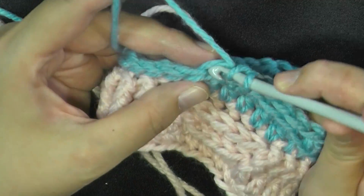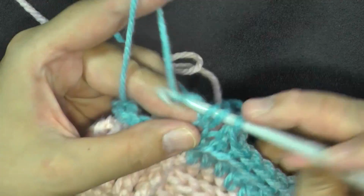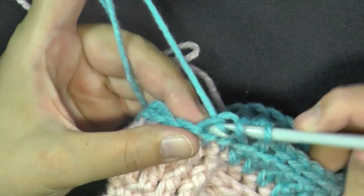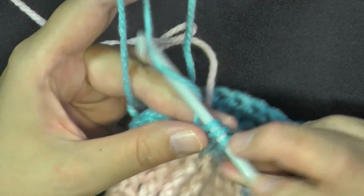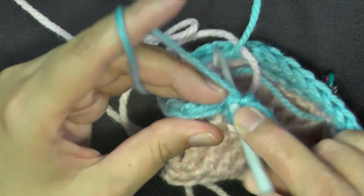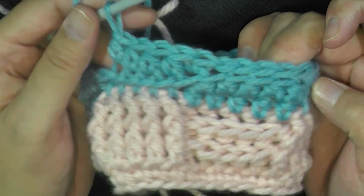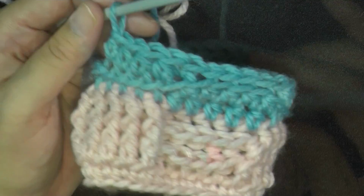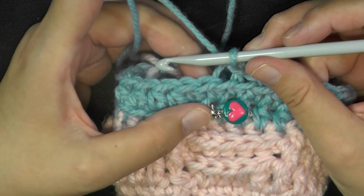Okay, so then you need to do your next 5 half double crochets worked in the back loop only. 2, 3, 4, and 5. So you're going to continue this all the way around, and I'll see you when you get back to your marker. Okay, I just worked my last 5 slip stitches of the round, and I made it back up to